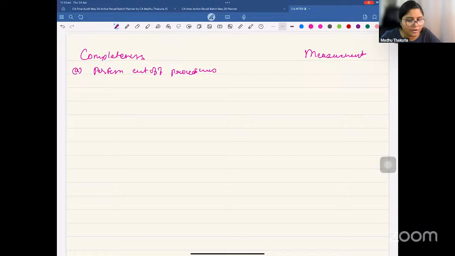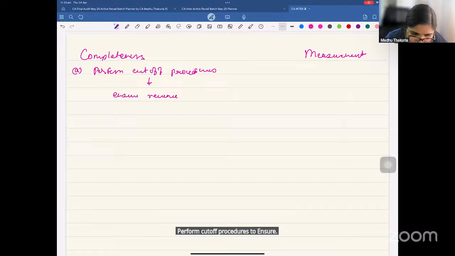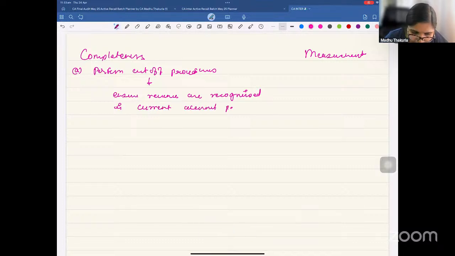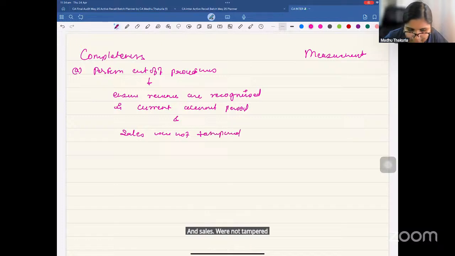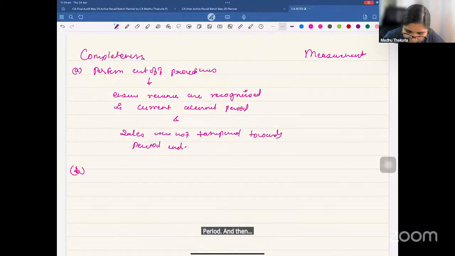Right? Perform cutoff procedures to ensure revenue is recognized in the current accounting period and sales were not tampered with towards period end. Then, relating to cutoff,